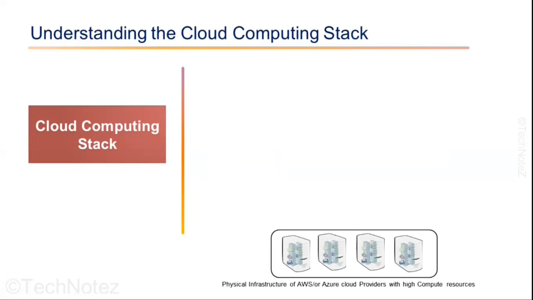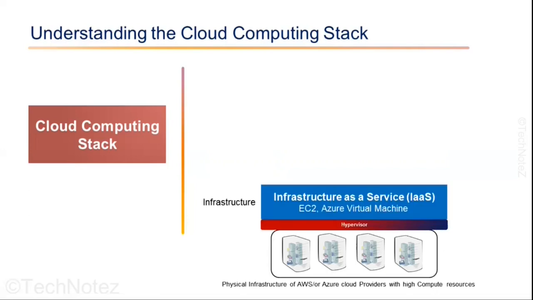On top of the physical layer, we have a hypervisor, which helps you virtualize the physical infrastructure. Once you have access to the physical infrastructure, you would need to create virtual servers to run your application. You could use a service like EC2 or Microsoft Azure Virtual Machines to create and manage your virtual servers. You can choose your own operating system, storage, and networking components. This layer is generally referred to as infrastructure as a service, as it provides you the virtual infrastructure to host your applications.